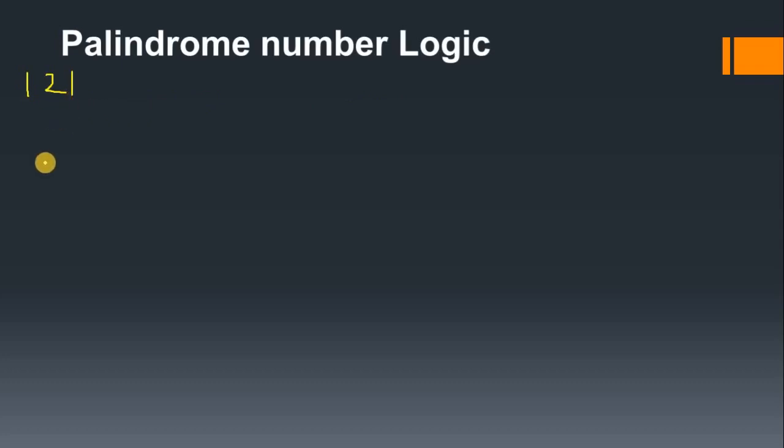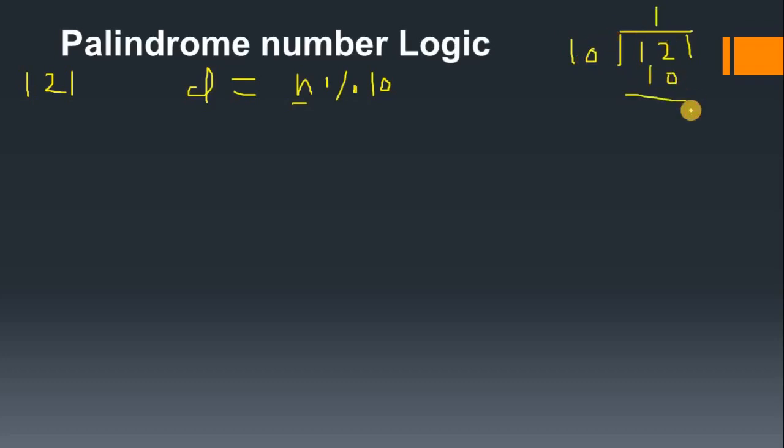So we have to return those values in reverse order. Got it? So that we can check the number, we will get the reverse number, and at the end we have to check whether the reverse and the number that you are entering are the same or not. So we have to take one variable like d, and that number you have to divide by 10 so that we can get the remainder. So the n value is supposed 121, and if you divide it by 10, then in that case the remainder will be 1.